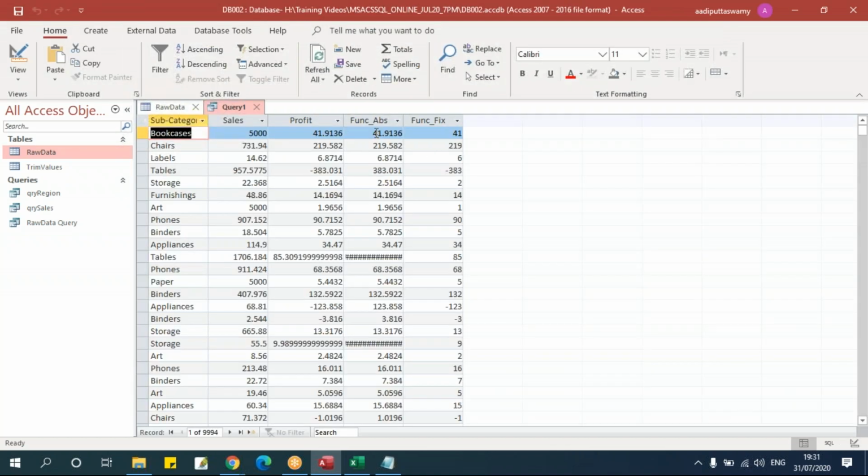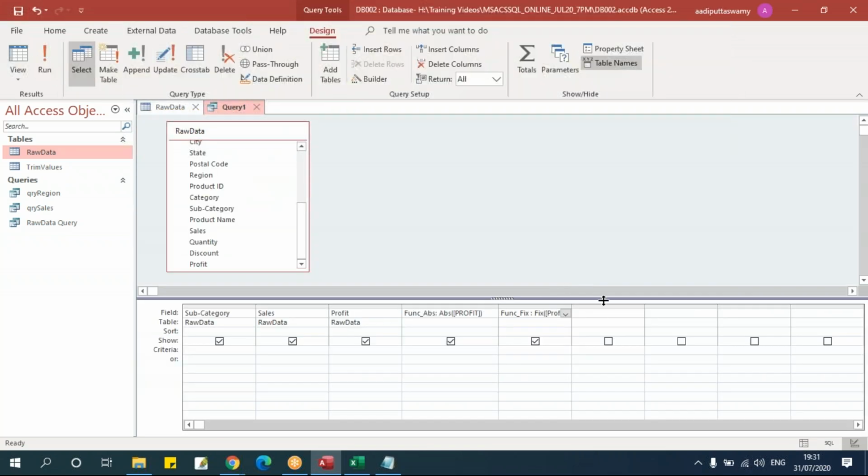See, it will give me the integer part, the part that is not the decimal part, the integer part here, like this. I also have something called Int, which is very similar to Fix.